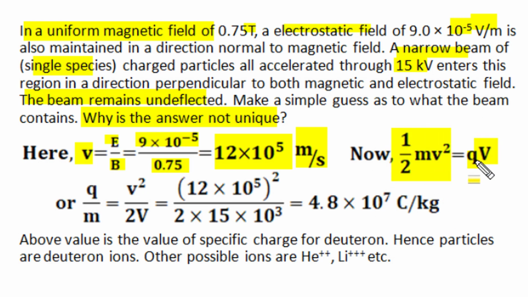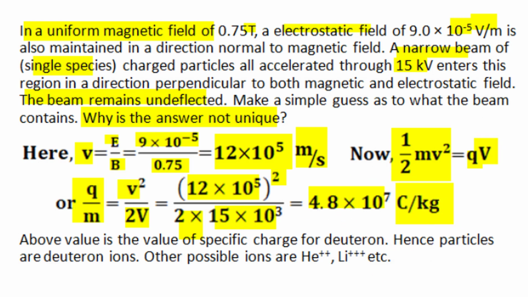So for this particle, the specific charge or the ratio of charge to mass is given as velocity square divided by 2 times accelerating potential, and the velocity of those selected particles is 12 into 10 to the power 5, and when this is squared and divided by 2 times accelerating potential 15 kilovolt, we get that charge to mass ratio comes as 4.8 into 10 to the power 7 coulomb per kg, and this specific charge